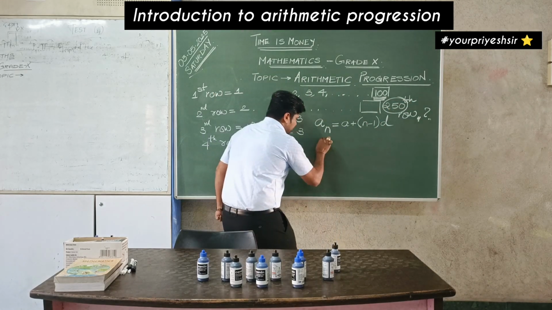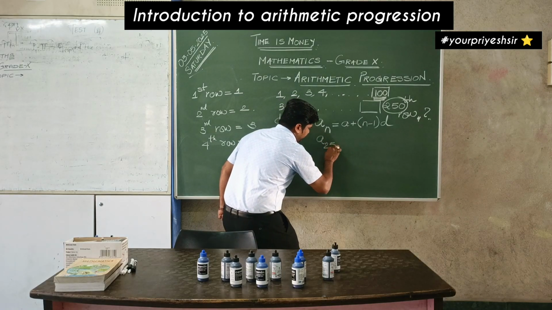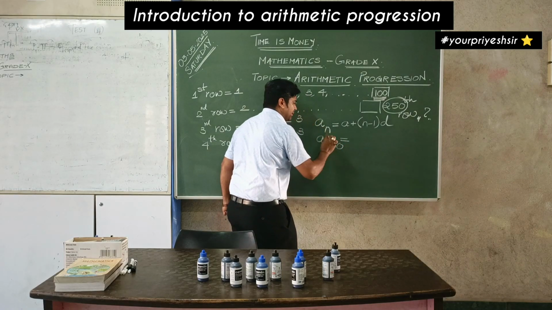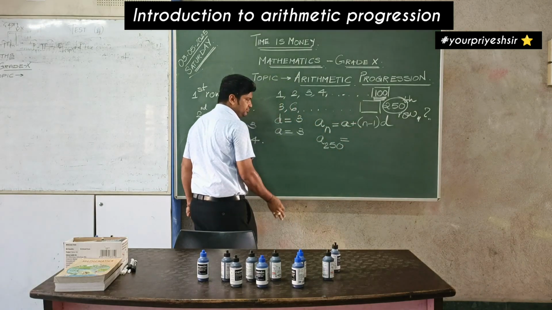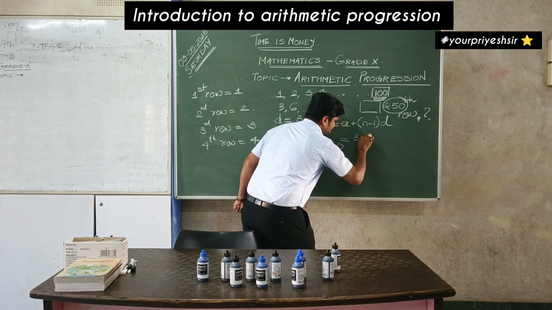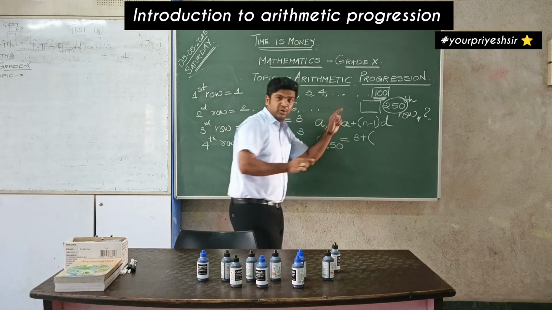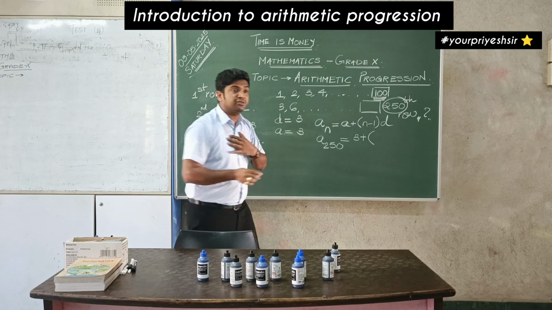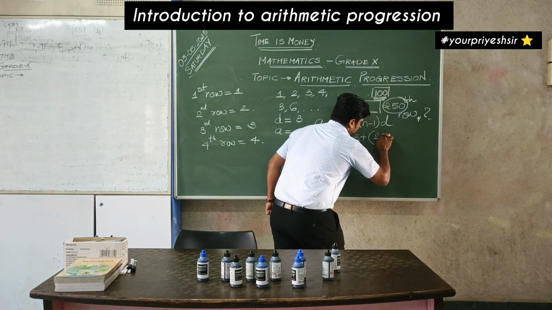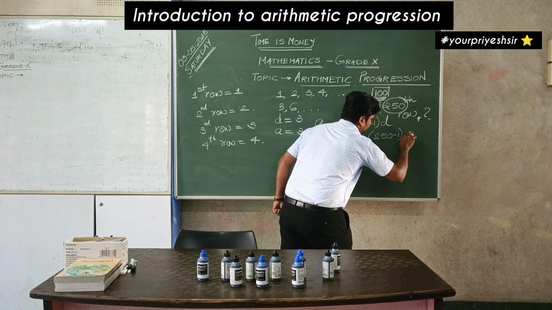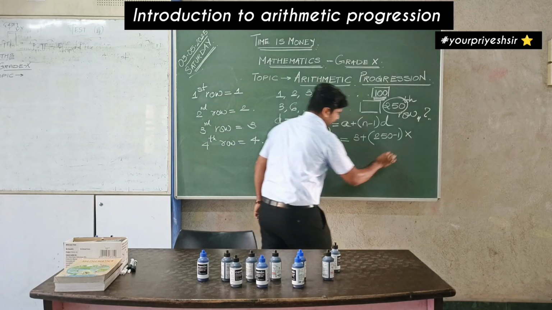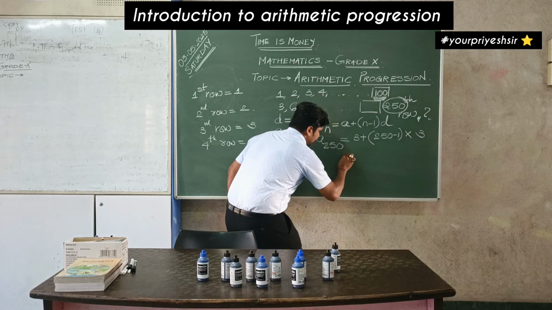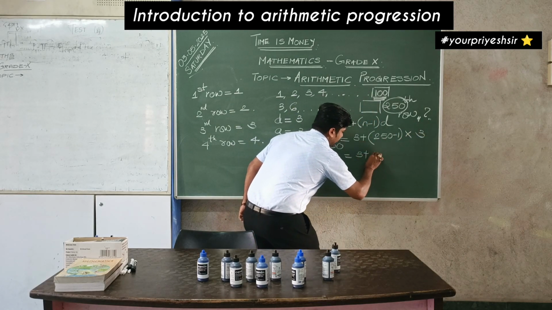Understand this? So I need to find A250, which is equal to, come on children, what is A for you? 3. So I'll put 3 plus n means the position, which we are finding out? 250. So I put 250 minus 1. What is the common difference for me? 3. So we have 3 plus 250 minus 1